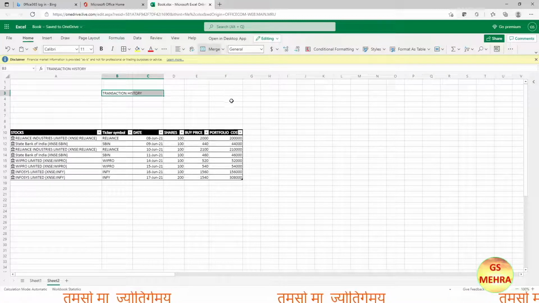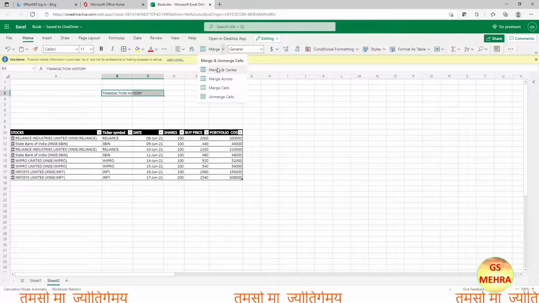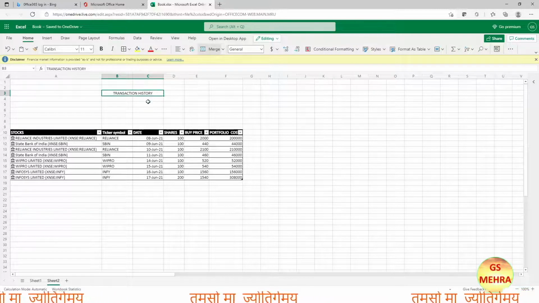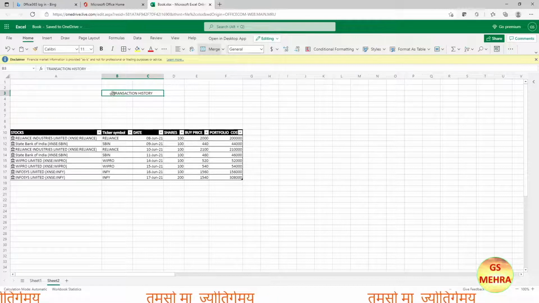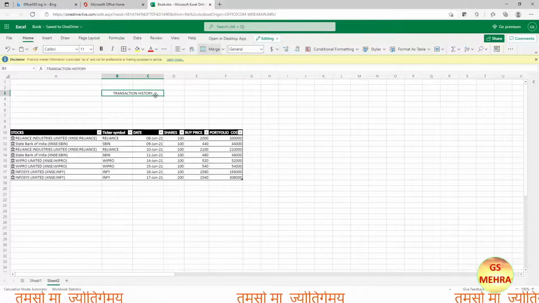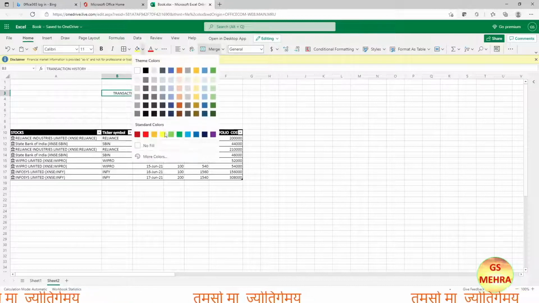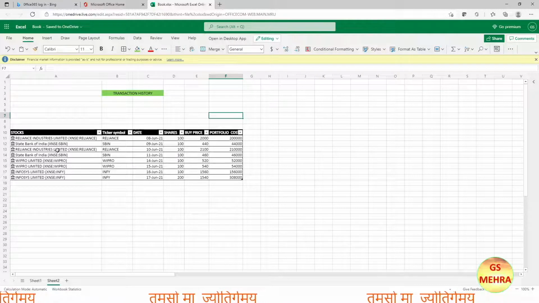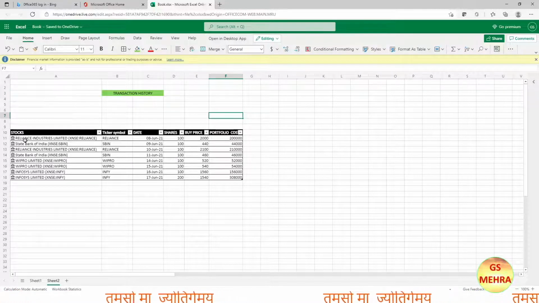So again clicking on that, and next we'll select this transaction history again, and color it. From here let us say green color, and this table also we color with different colors so that it will look nice.